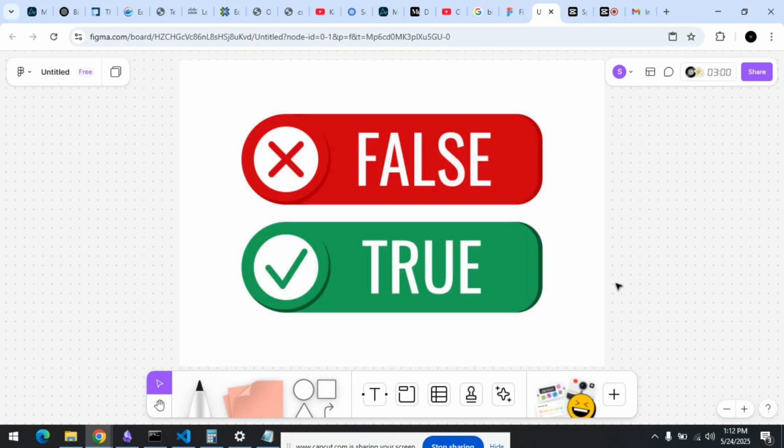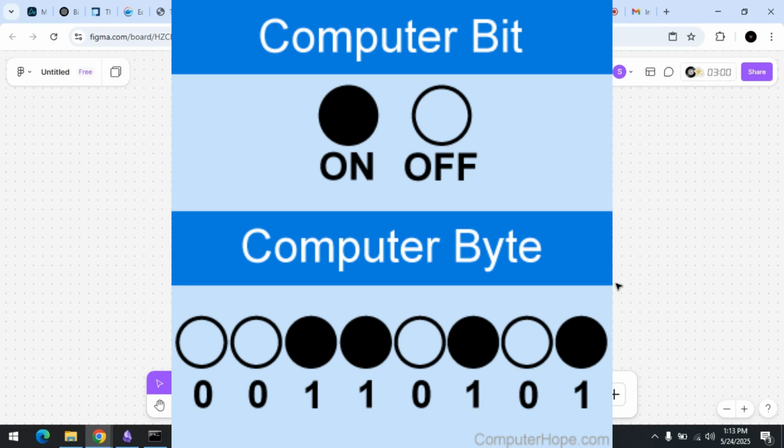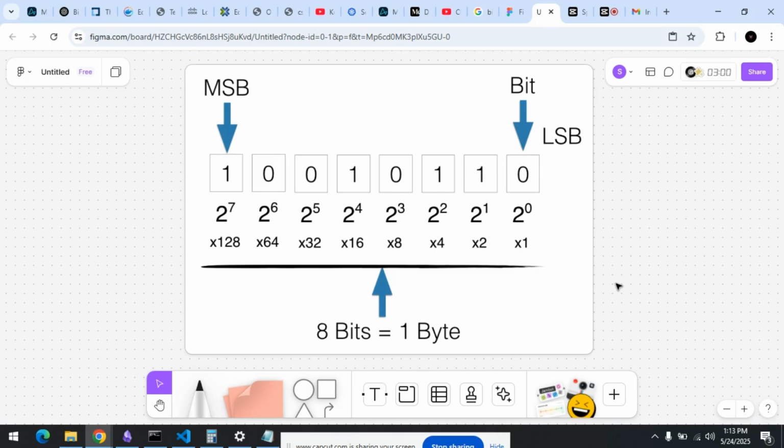And the smallest unit of the data that is stored in our computer is called a bit. Okay, and the bit consists of only two states. Each state is either a zero or a one. So zero is considered to be false and one is considered to be true. That's how the computer reads the binary code. Every time it sees a one, it understands that it's true. Whenever it sees a zero, it understands that it's false. Okay. So another way to look at it